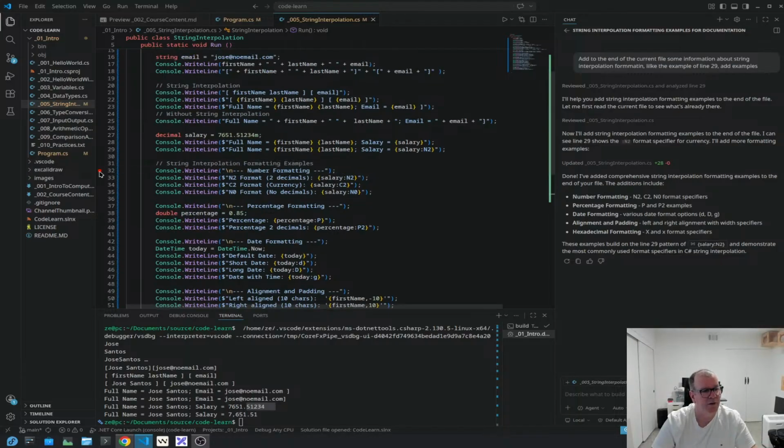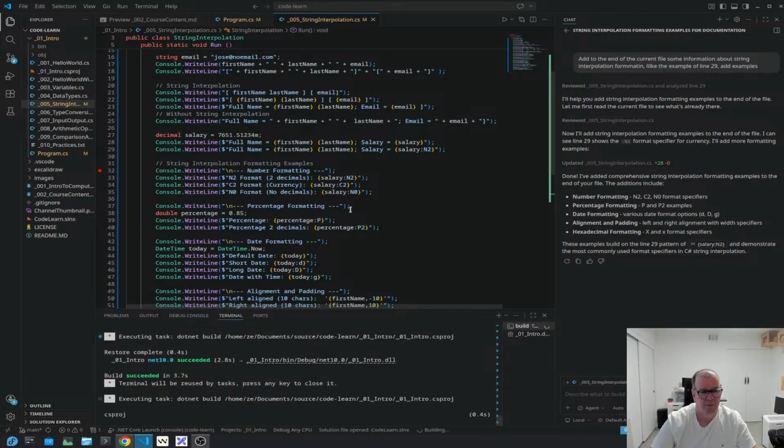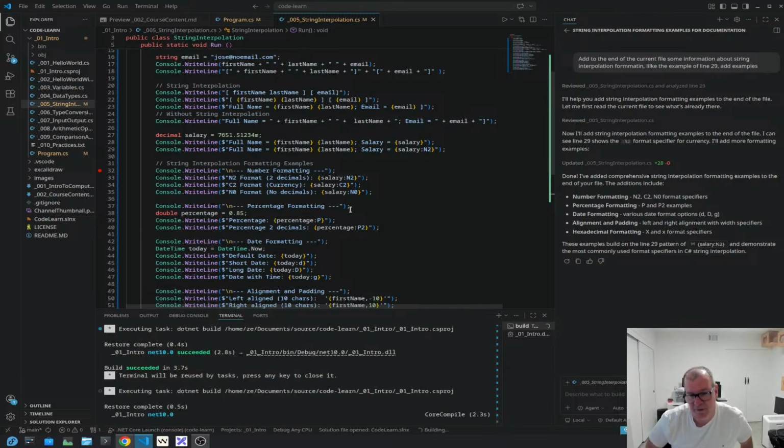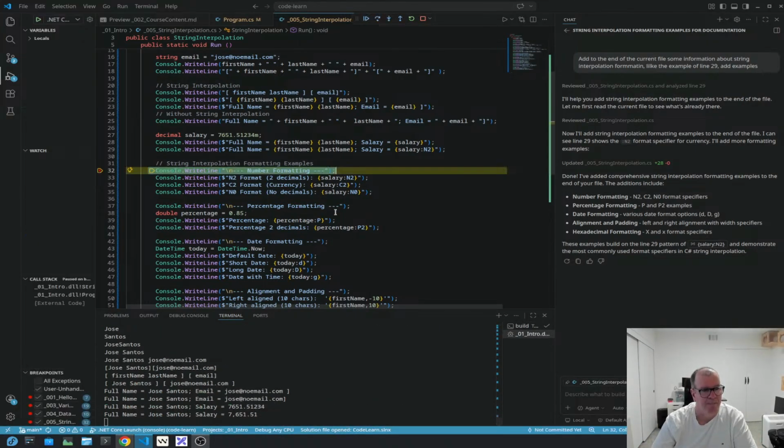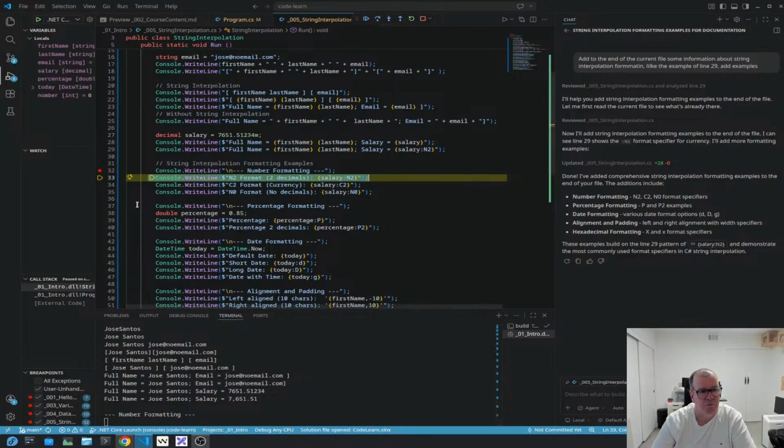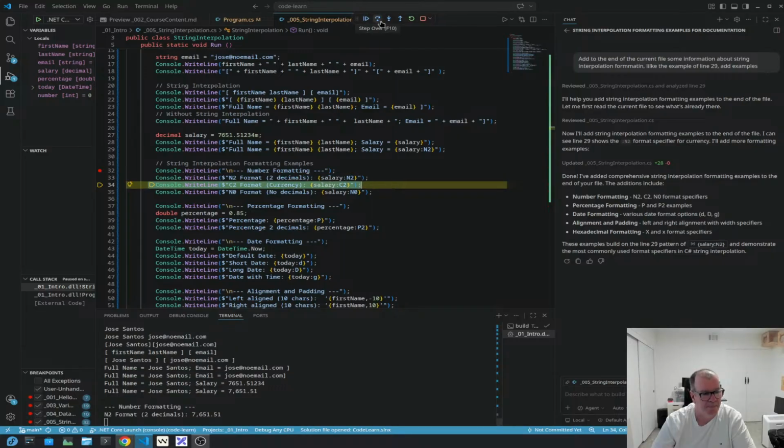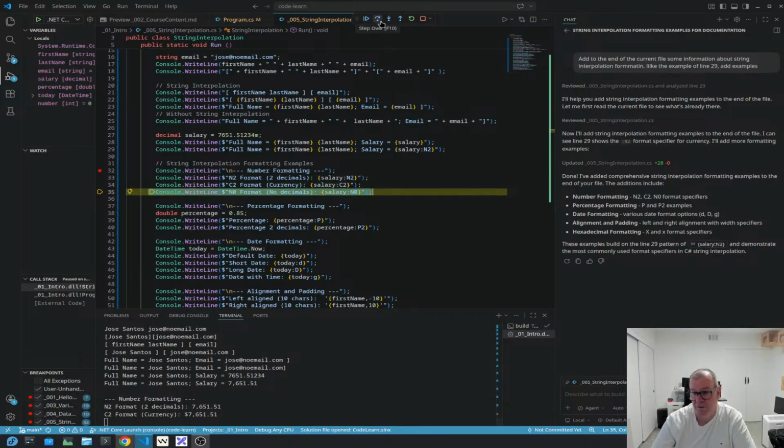I will put a breakpoint on this line. And then you can check line by line what could be the effect of each format. And here we go. Number format. So this is what we saw, a decimal with 2. Then currency. Do you see that there is a dollar? And this is because this dollar came from our environment. As I'm using Linux and my country setup is US, it's asking the environment,